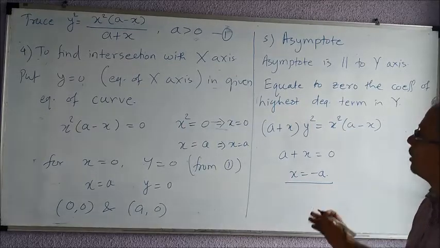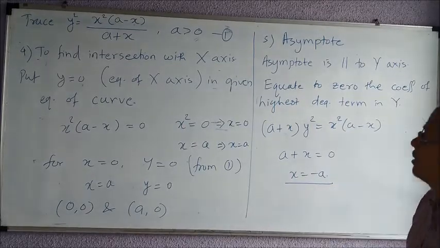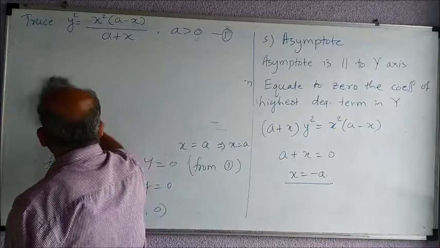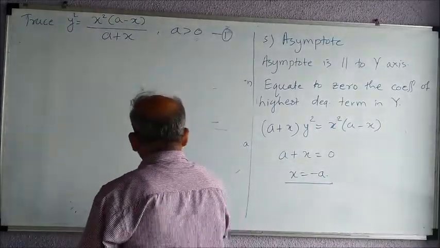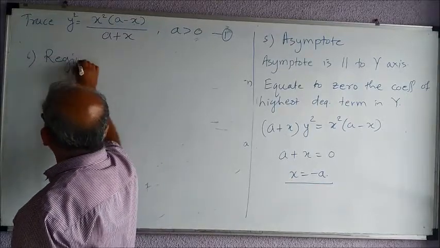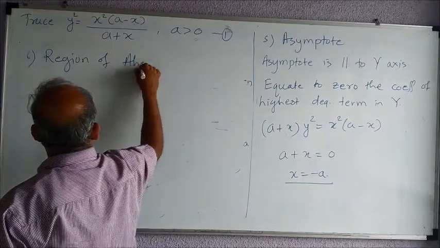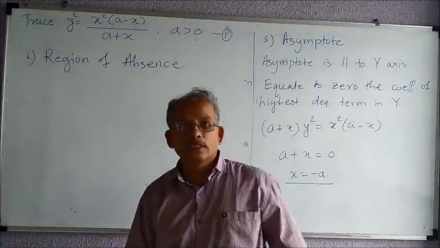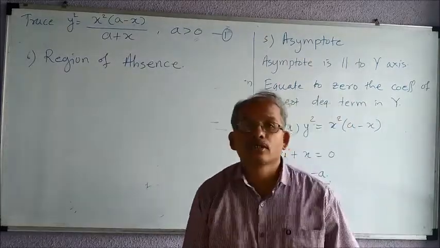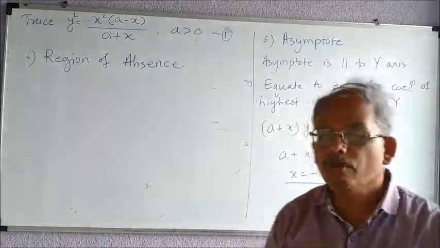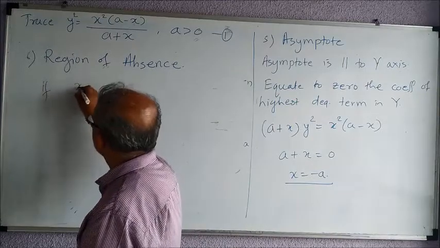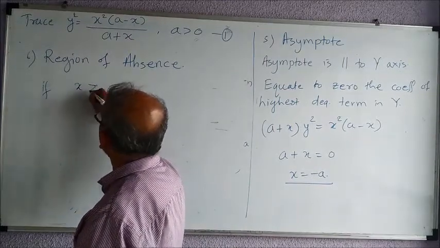But before I proceed, we will look at the region of absence. So region of absence is the sixth point. Now see that here, for which values of x do you feel that y square will be negative? Y square will be negative. So definitely if x is greater than a,